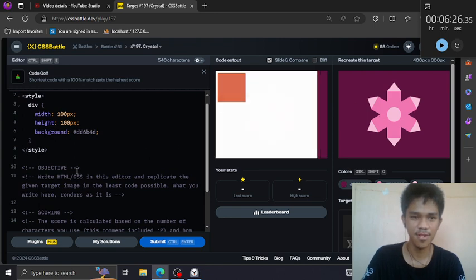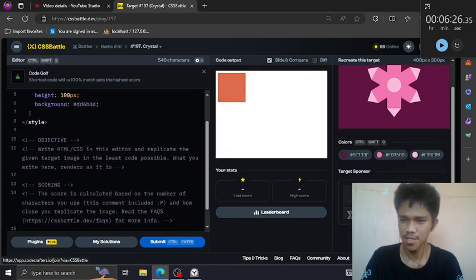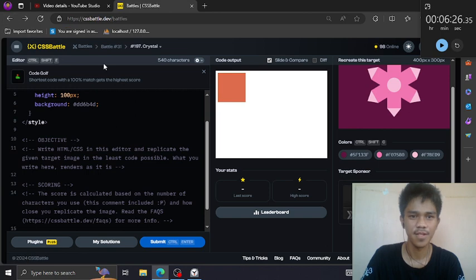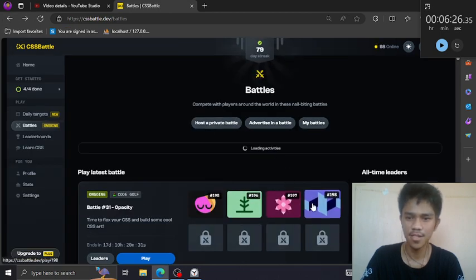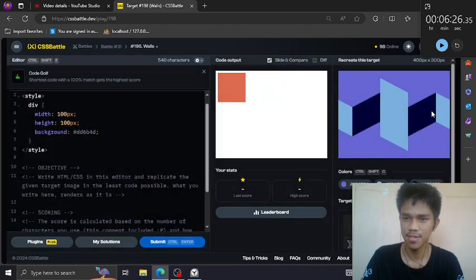It's more like a flower because of this color. It is sponsored by Code Crafters. And then lastly, the spiral thing here, like a logo or something.